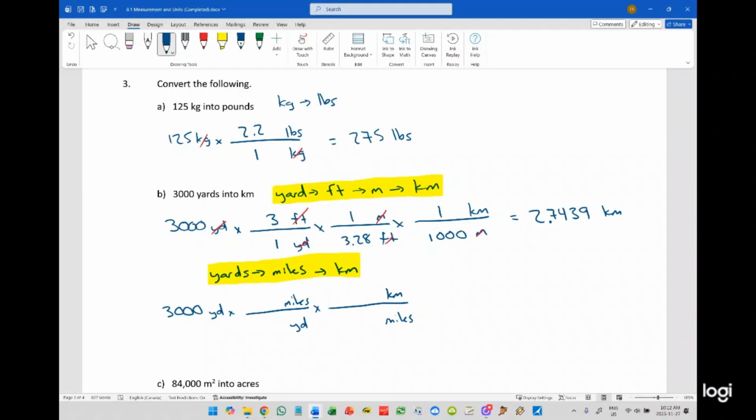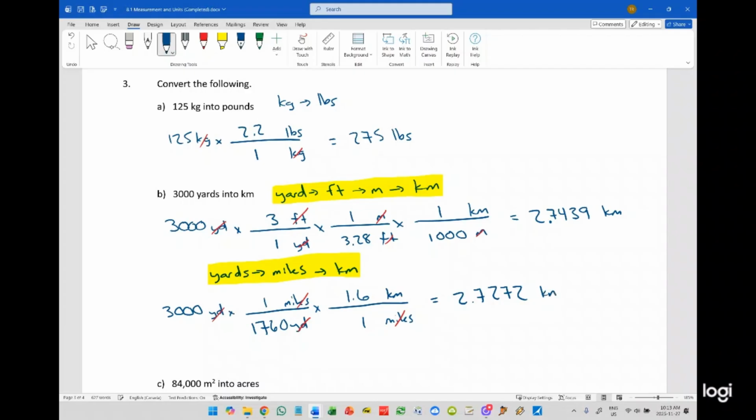And then I know that yards to miles, 1 mile is 1,760 yards, and that 1 mile is 1.6 kilometers. So cancel those, cancel those. And in my calculator, I'm going to do 3,000 divided by 1760 equals times 1.6 equals, and I get